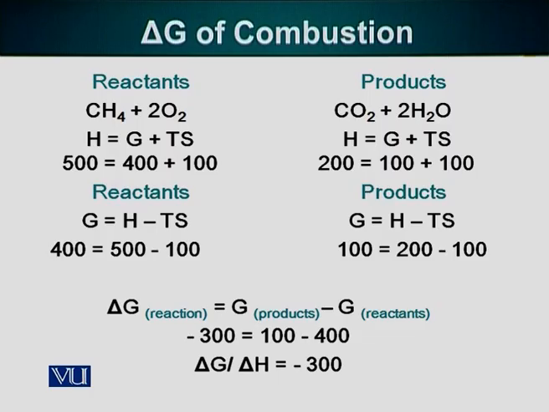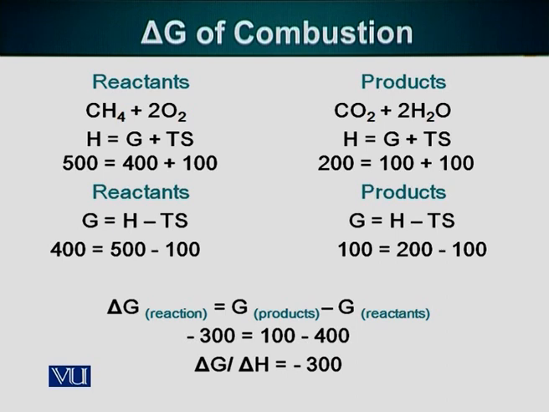Where did the 300 go? That is the amount of energy that was released. The carbon hydrogen bonds, as I have mentioned earlier, are high energy bonds. So our system is going from a higher energy state to a lower energy state. So when that happens, energy is released. Since our temperature is constant, this amount of energy is released, and from methane and oxygen we have produced carbon